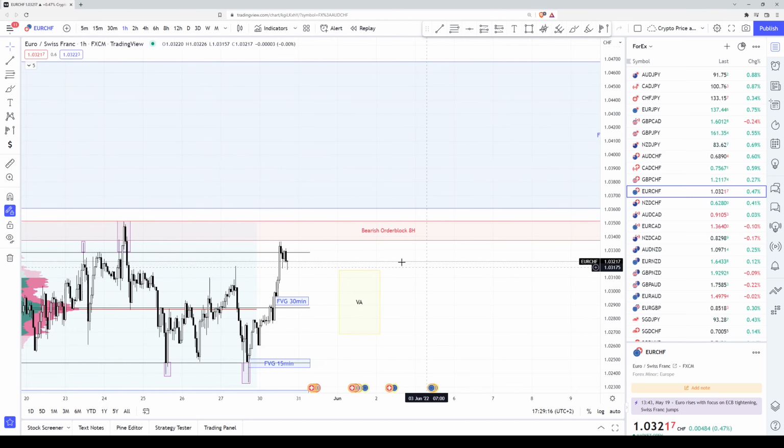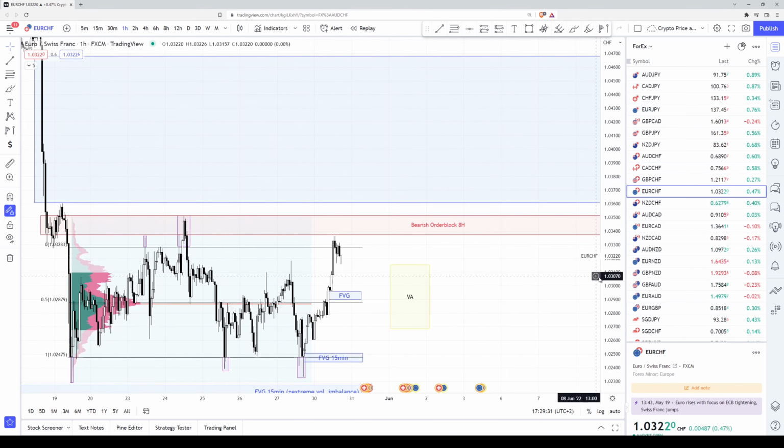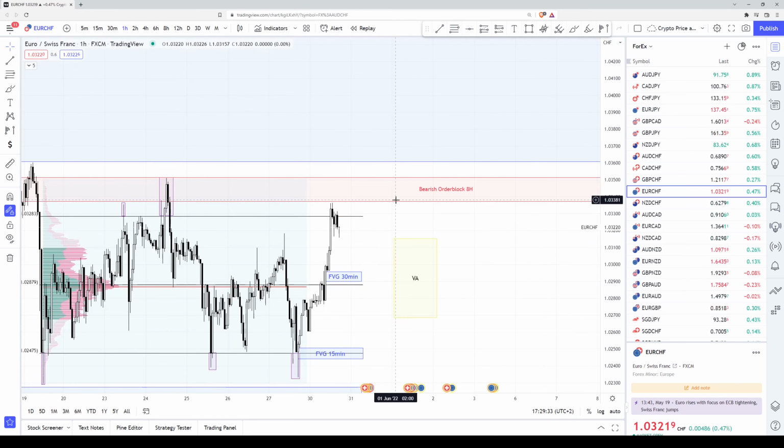Therefore I would like to have a stop loss where I might get out quickly before price moves completely and fills a part of this fair value gap, or who knows, even the whole gap for that matter. So in other words, if price moves again into this order block, I will look for an entry and have a tight stop loss,